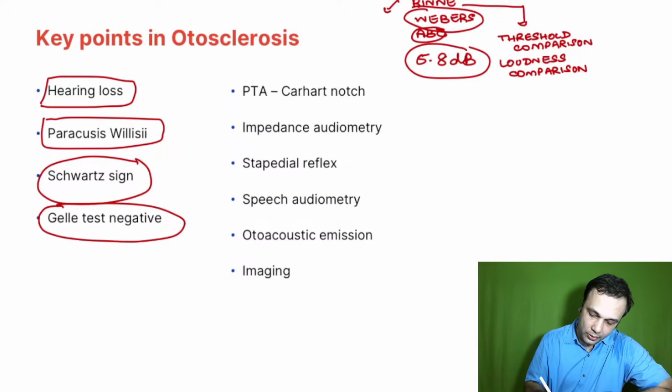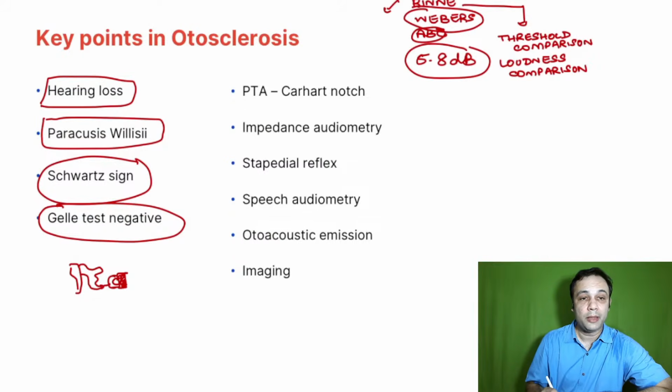So when you have otosclerosis, let me just draw the ossicles. You have the malleus, you have the incus, and then you have the stapes, right? So now this is fixed, right? So what happens in Gelle's test? Can anyone tell me what is Gelle's test? It is basically testing your bone conduction,